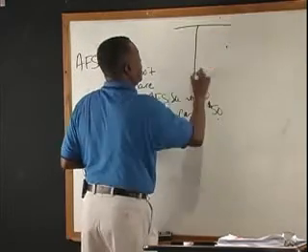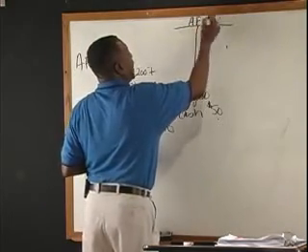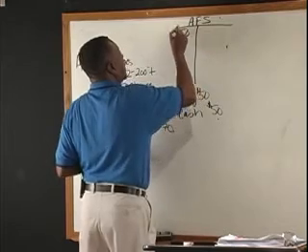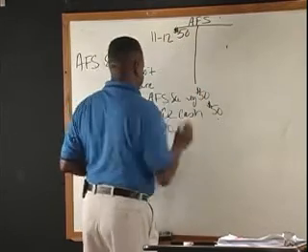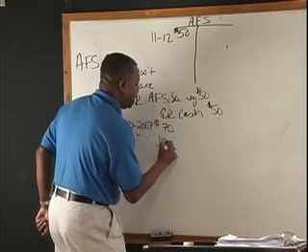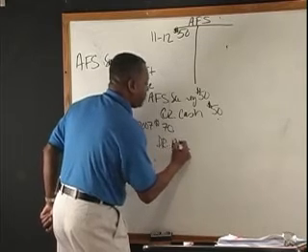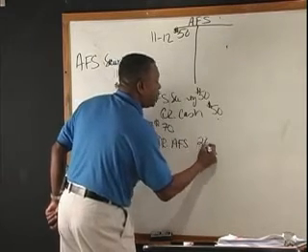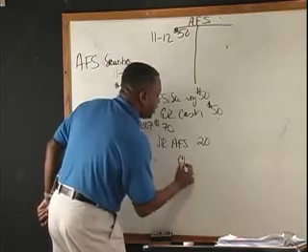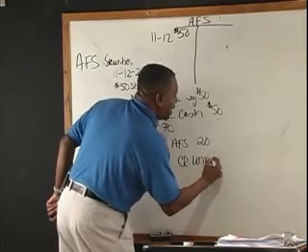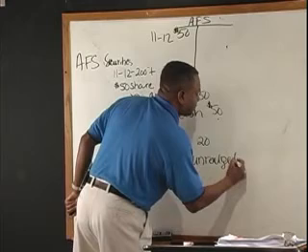So here's what I'm going to do. Available for sale, $50 as of 11/12. So I'm going to debit available for sale security for $20. I'm going to credit my unrealized holding gain